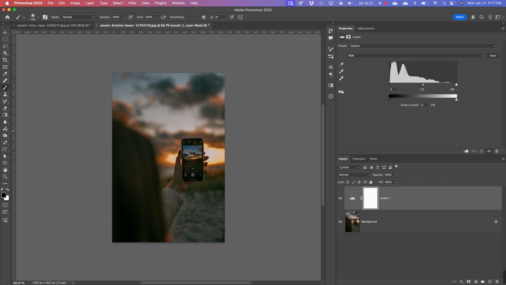Basically, the left-hand side are the darks, the right-hand side are the lights. You can see that this is a dark image overall, and the histogram is loaded up over here on the left-hand side in the dark area, and it tapers off an awful lot as we get into the lights. So if I want to bring up the whites, I'm going to look at this slider knob right here on the right-hand side,